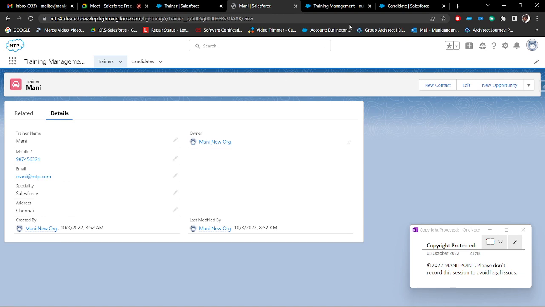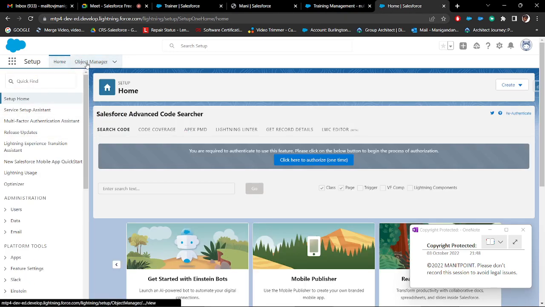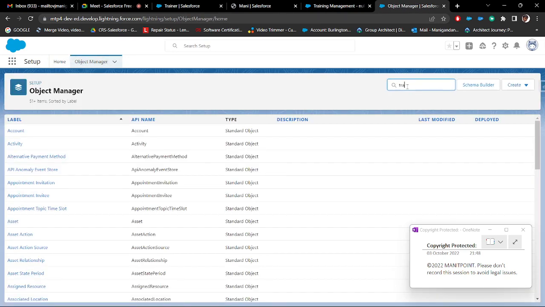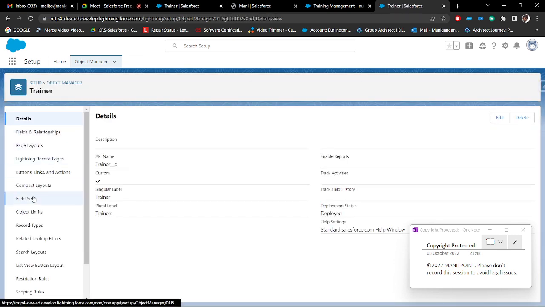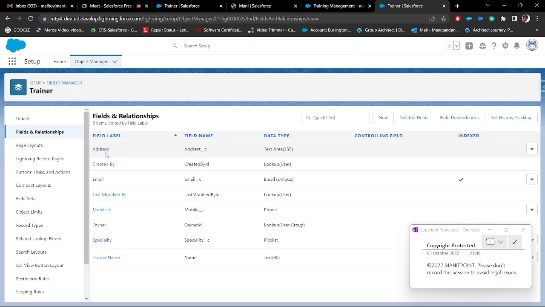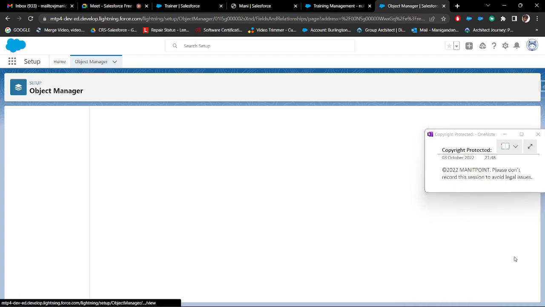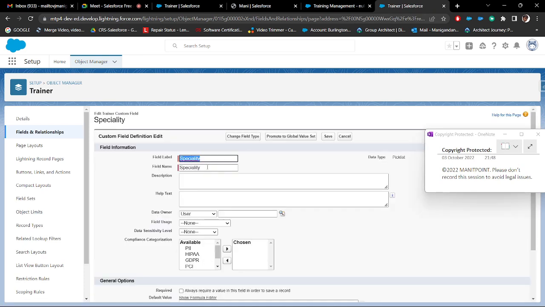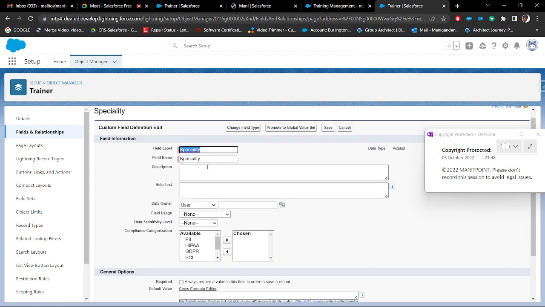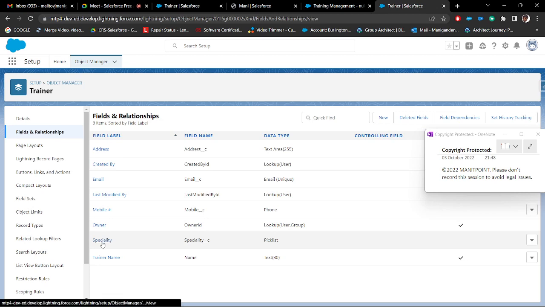So for that, again, you need to go to the object manager and again search for trainers and go to fields and relationships. This is the specialty, right? So select edit. One second. So just click that specialty